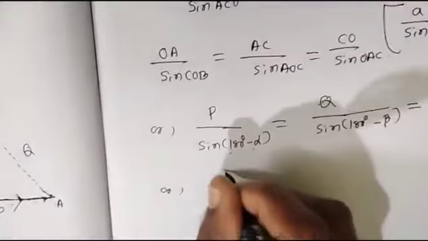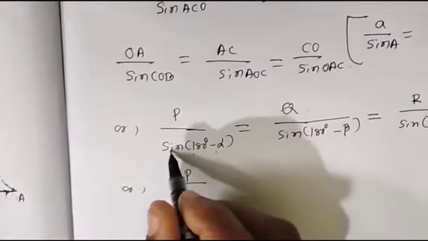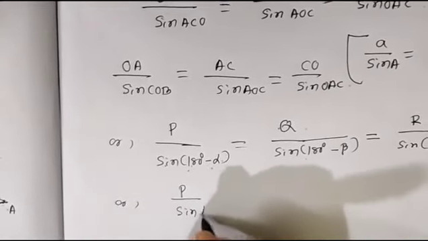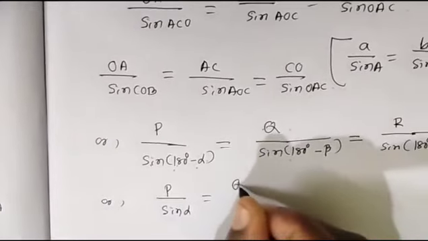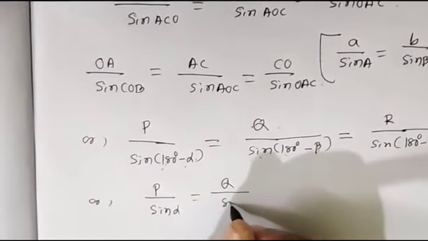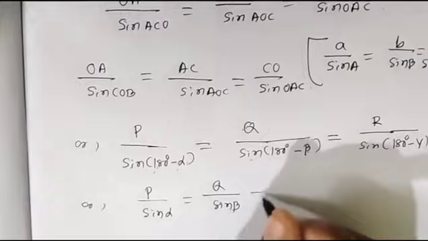So P by sin 180 degree minus alpha, which is sin alpha, is equal to Q by sin 180 degree minus beta, which is sin beta, is equal to